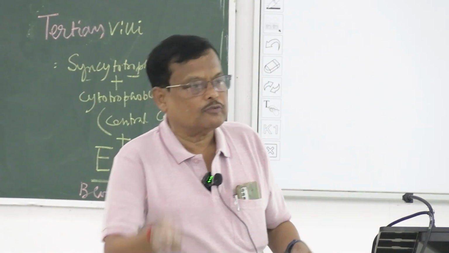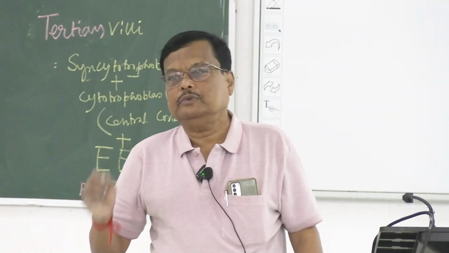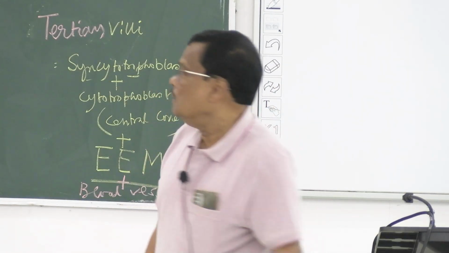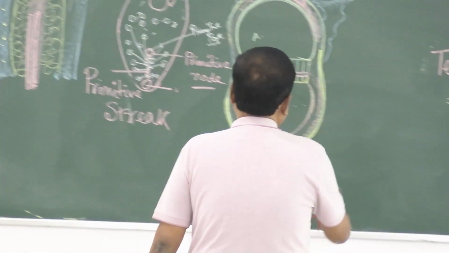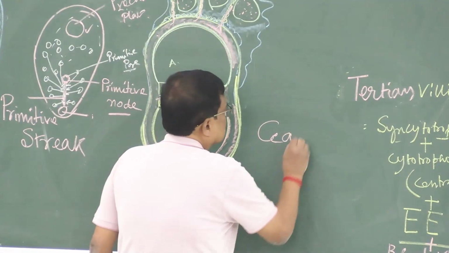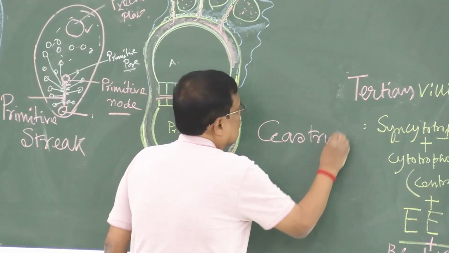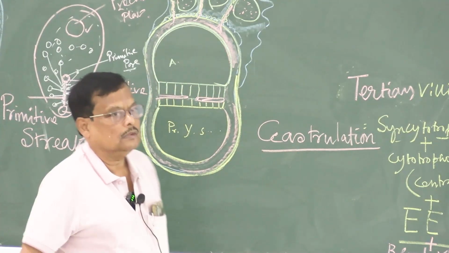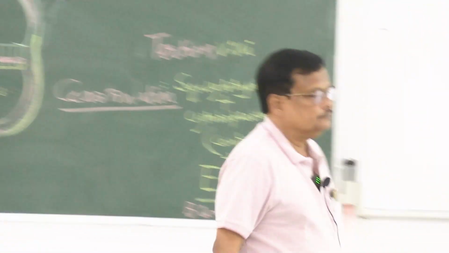And this process of conversion of bilaminar germ disc to 3-layer germ disc we call gastrulation. Gastrulation. তাহলে একটু রিপিট করি।